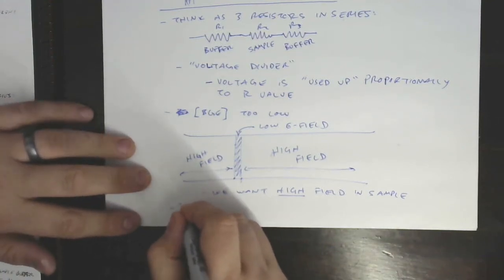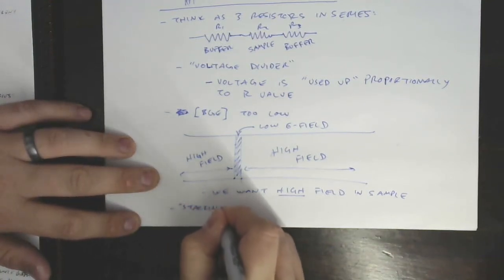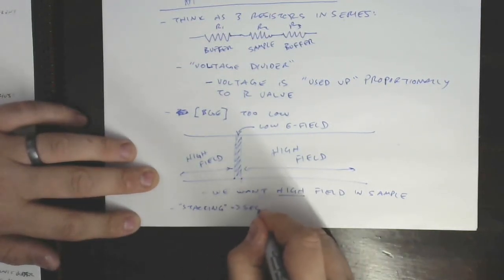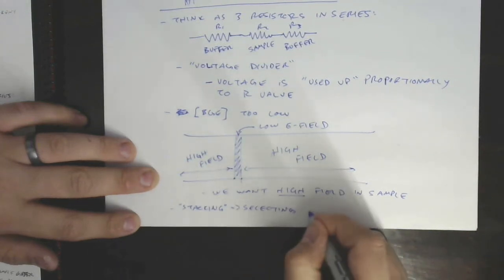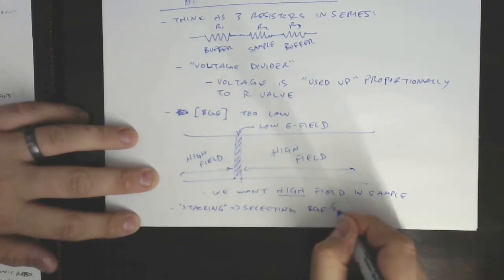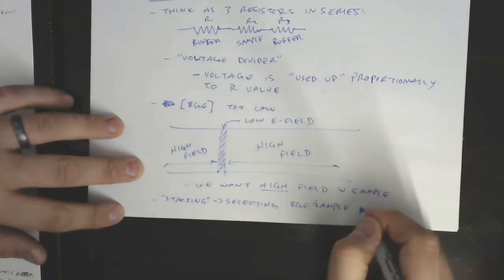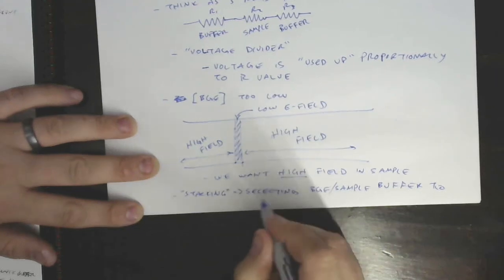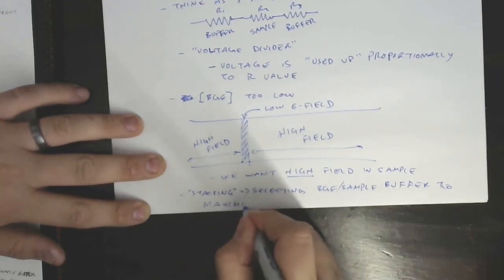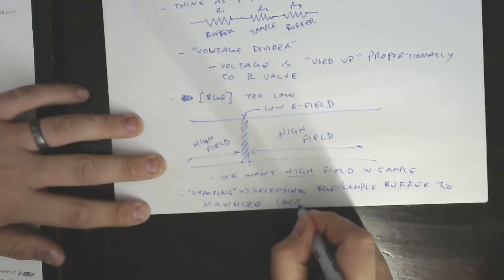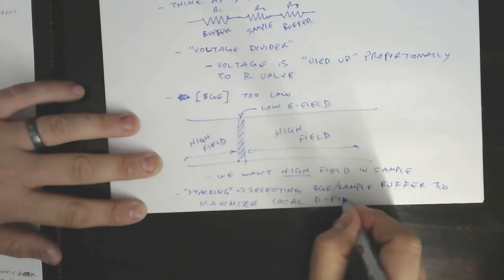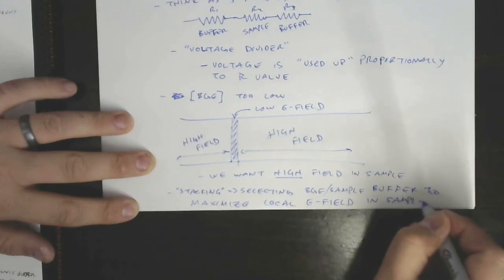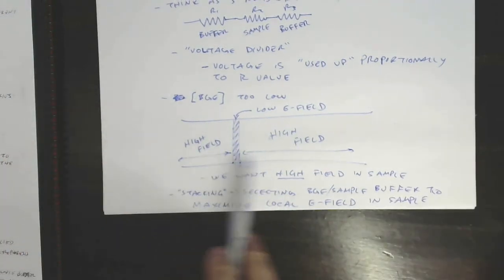So stacking refers to selecting BGE and sample buffer to maximize local E field in the sample. That's what stacking is, and so the opposite of that, the bad situation that we've described here,